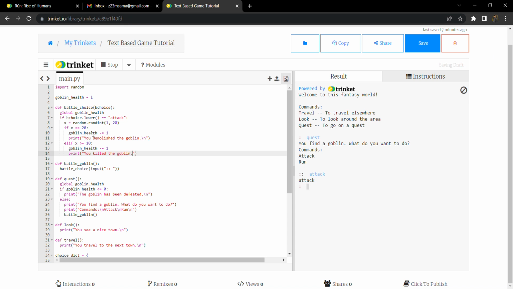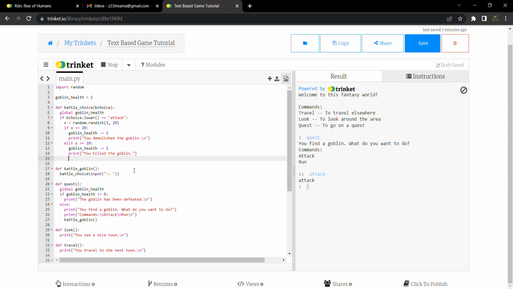So the reason that these are the exact same, well, the only difference again is what is being printed out. That is because a critical hit, we have to make the user feel like they actually did a good hit on that one. So finally, we are going to do else if x is, let's say,